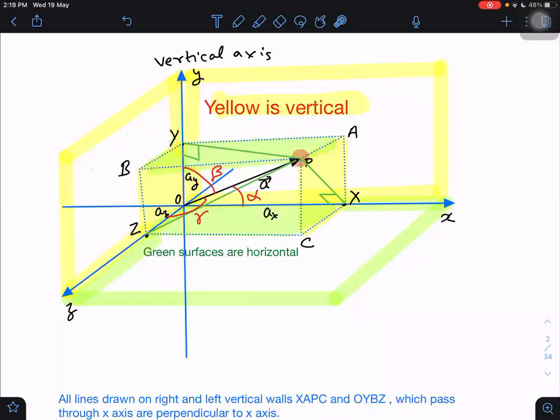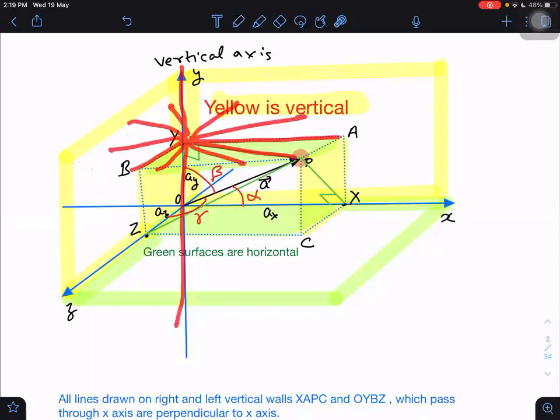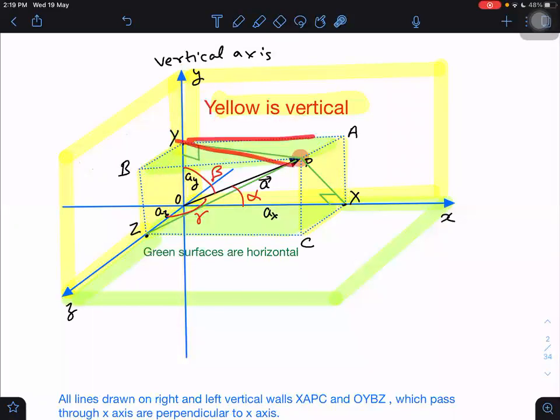So in two dimensions, there is one possibility. If I have a line, I can draw a perpendicular to it only in one way. But in 3 dimensions, I can draw infinite perpendiculars to a given line. To the y-axis, how many perpendiculars can I draw in 3 dimensions? I can draw infinite from a single point also. All these are perpendicular to the y-axis at the same point, because all these vectors are lying in the horizontal. Is it okay? Understood?